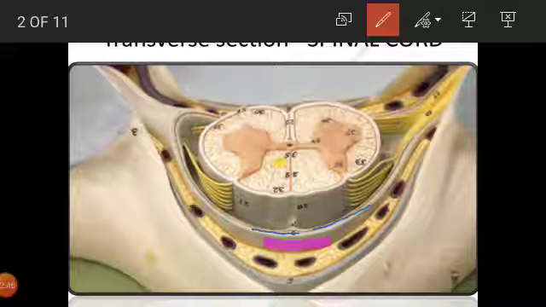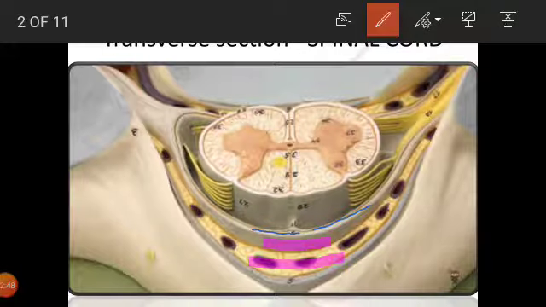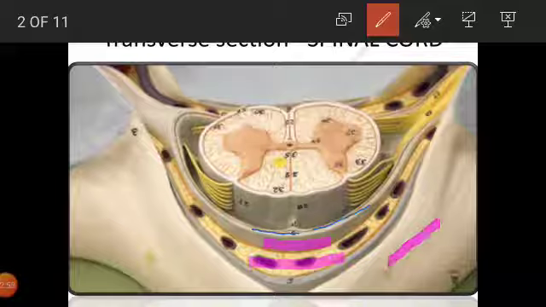Outside the dura mater is the epidural space, which consists of fat, tissue, fascia and vessels, innervation. Since this is the bone, the structure between the bone and the epidural space is the periosteum.